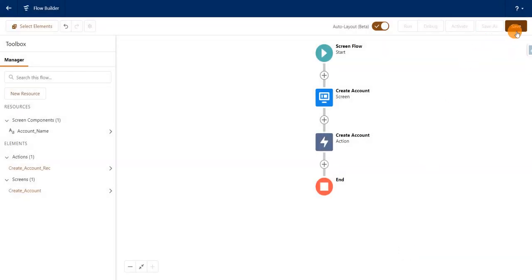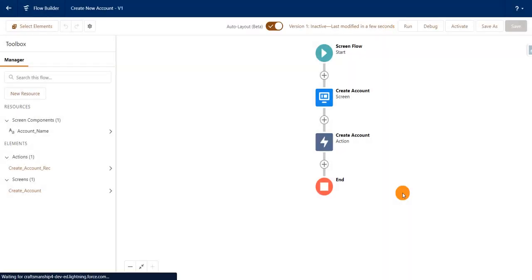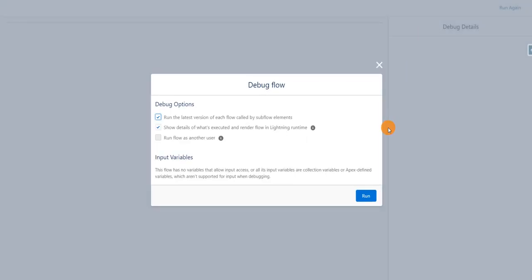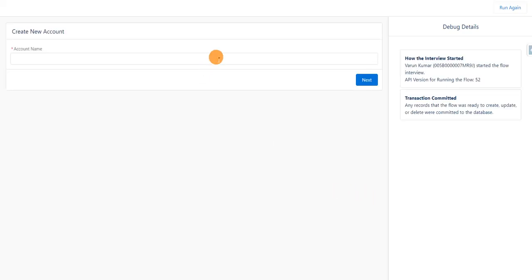Now I'll click on save. I'll name this create new account and click on save. Now I'll debug this flow and click on run. Here I'm going to enter a new account name.